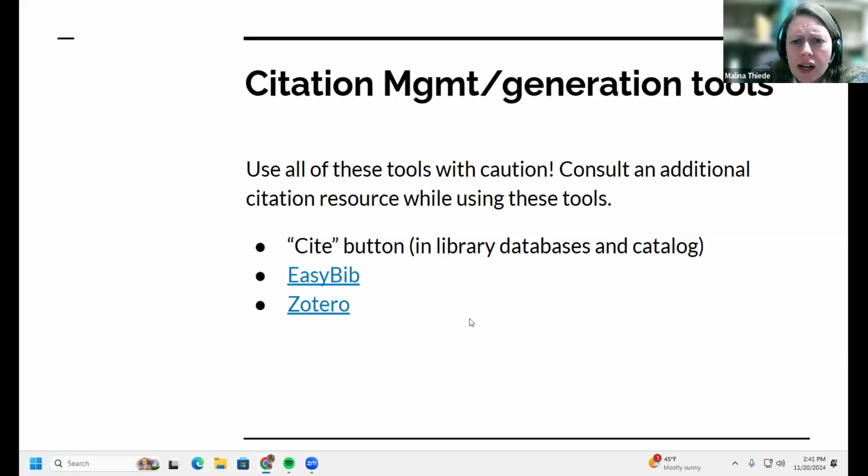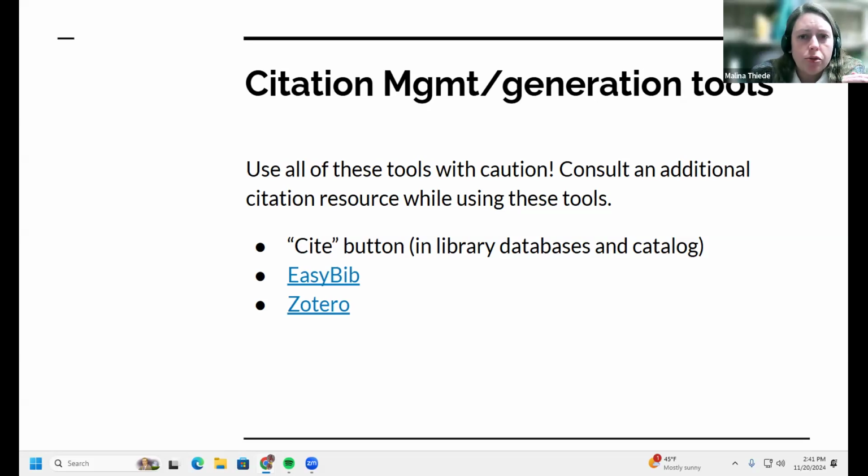So that's all I have. One other thing I want to note, before I pass it over to Mila. When you're doing research, I highly recommend getting your citations as you do the research. So if you find a resource and you like it, you feel like it's interesting, it might be helpful, go ahead and grab that citation.